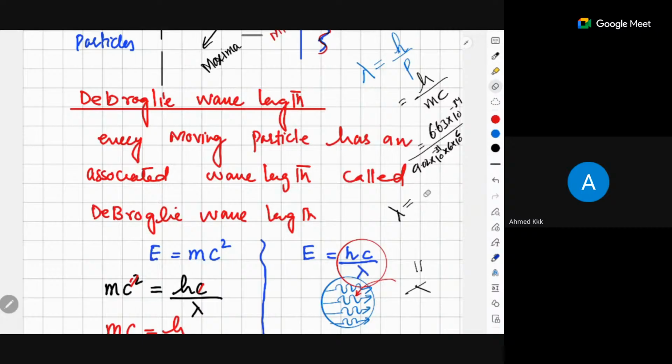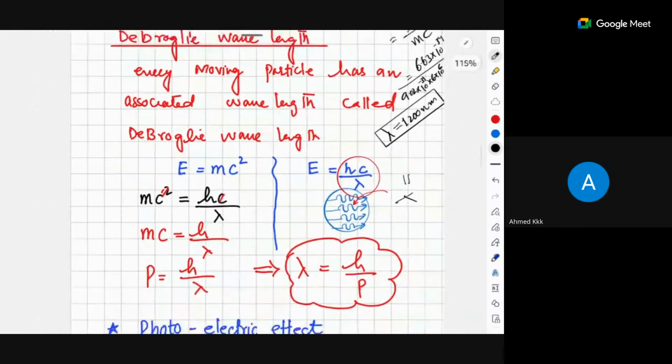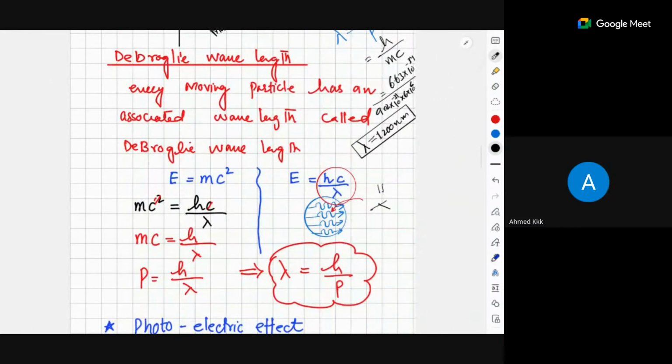When you calculate this, because I have calculated it time and again, that is why I believe that it is almost 1200 nanometer. So this 1200 nanometer is out of our visibility range. Do you remember? You cannot basically see an electron because our limit is 400 nanometer till 700 nanometer. You got this point? So that is why the electron has to be very slow, almost 2000 meter per second. Then you will be able to see the electron associated wave. So that is the problem.